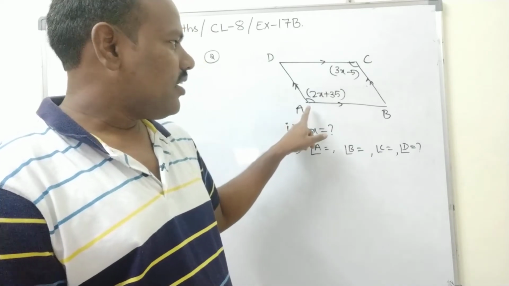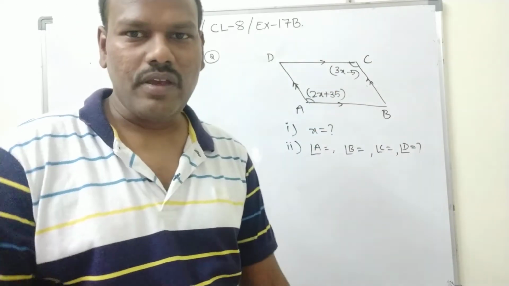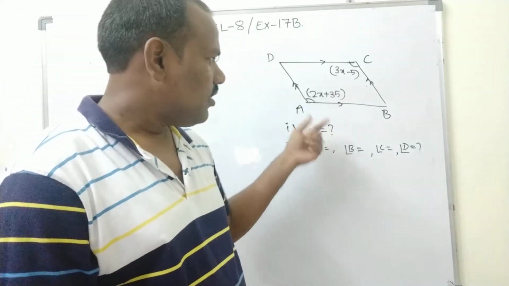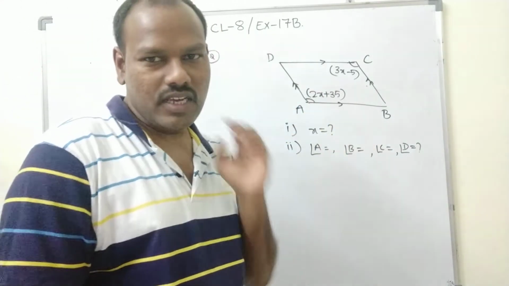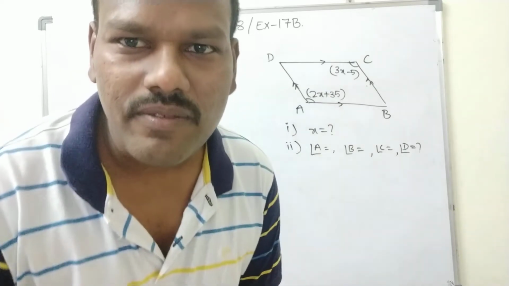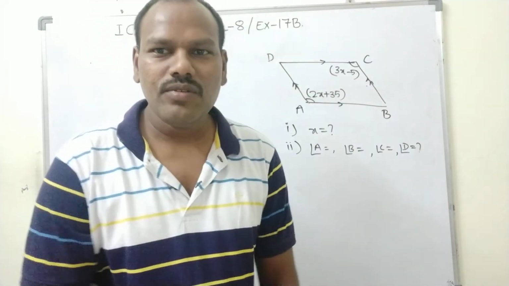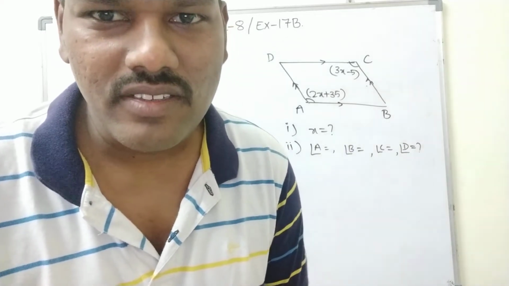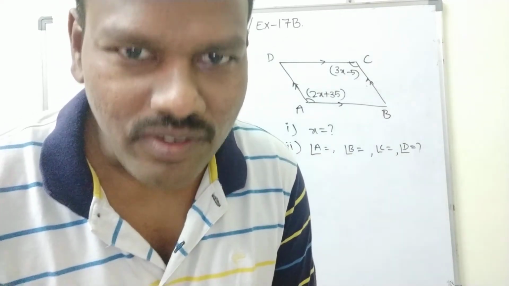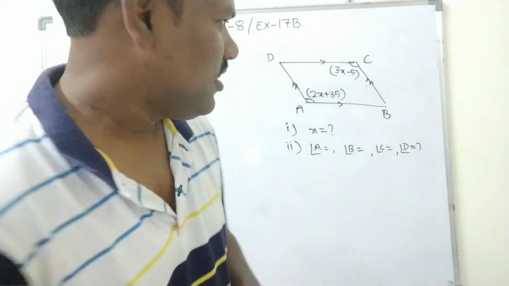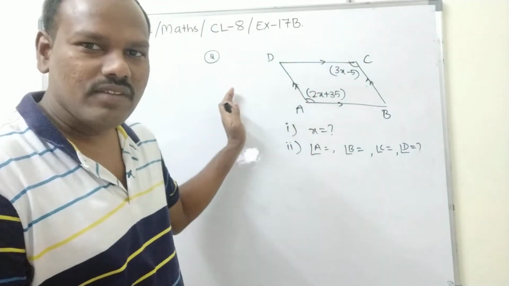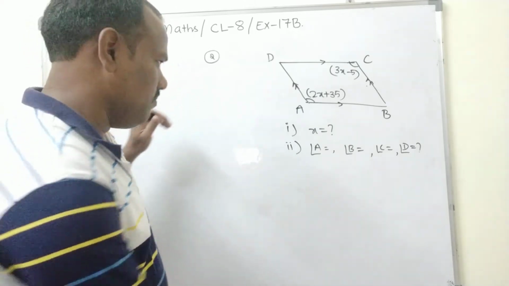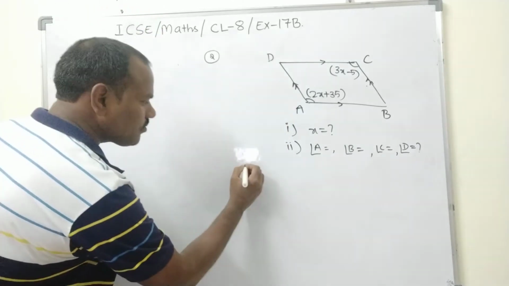The same figure can be read as ADCB. But you have to follow either clockwise or anti-clockwise. It's okay. So angle A is given, angle B, angle C is given. Opposite angles are given, and he is asking to find the x value as well as all the remaining angles. After calculating the x value, you have to find out all the remaining angles. So as we have just seen in the previous question, opposite angles are equal.